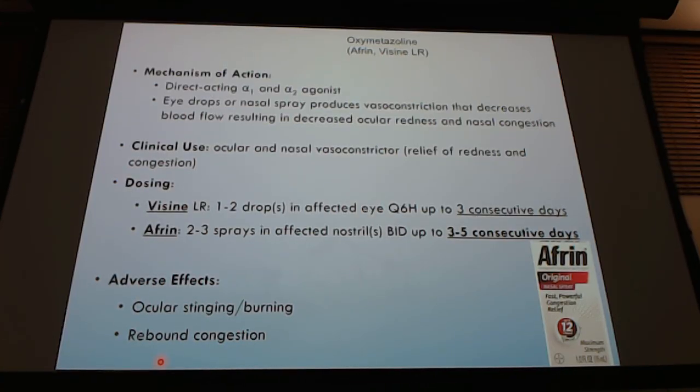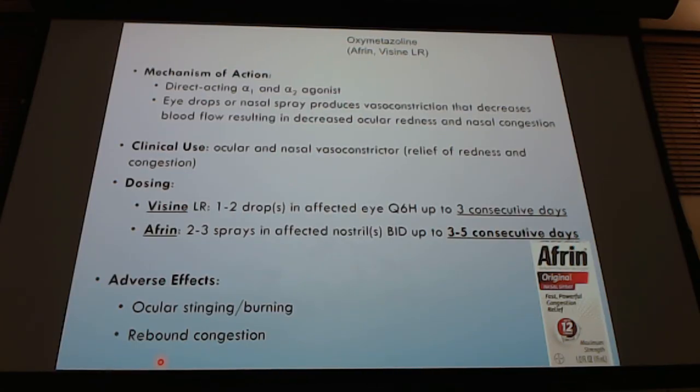Oxymetazoline, or your Afrin, you can also see this in some of your Visine. Again, alpha 1, alpha 2, so acting now on both alpha receptors that we talked a lot about. You see that they come in different formulations that are available, but essentially what's happening is I'm trying to decrease the blood flow, so therefore I can decrease the congestion, I can decrease the amount of pressure that that person